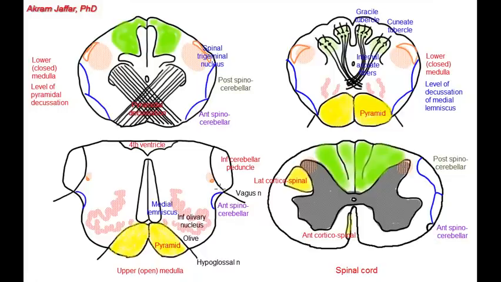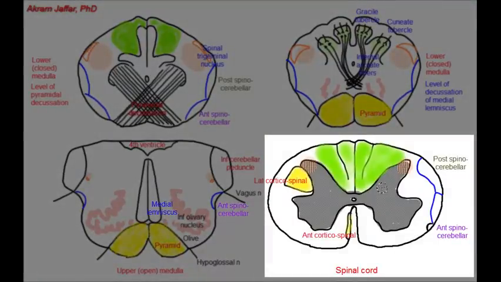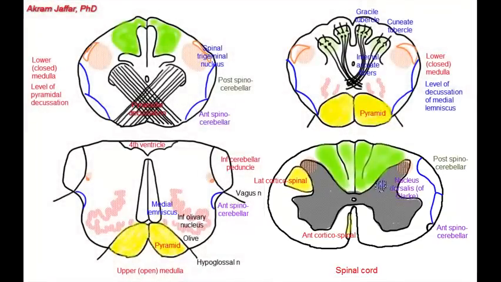These fibers are responsible for unconscious proprioception from the trunk and lower limbs. The fibers are fibers of second-order neurons, which are located in the nucleus dorsalis or Clark's column, at the base of the posterior horn of the spinal cord. It receives fibers from muscles and tendons carrying unconscious proprioceptive sensations. The cell bodies of first-order neurons are located in the dorsal root ganglion, and they relay in the nucleus dorsalis